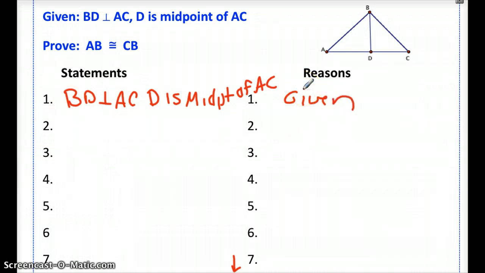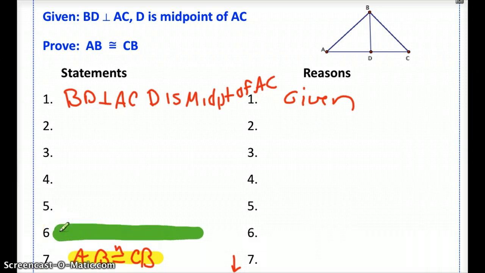And then let's go all the way down to the bottom. There are 7 steps on this one, and we've got AB congruent to CB. So we're talking about triangle congruency proofs. Right now, what I want to do is prove my parts of my triangle are congruent. So step number 6 is going to say, hey, the 2 triangles are congruent, therefore the parts are congruent. So in 6, I'm going to want to have a triangle congruent to a triangle. If I'm going to do that, I'm going to need 3 pieces to be